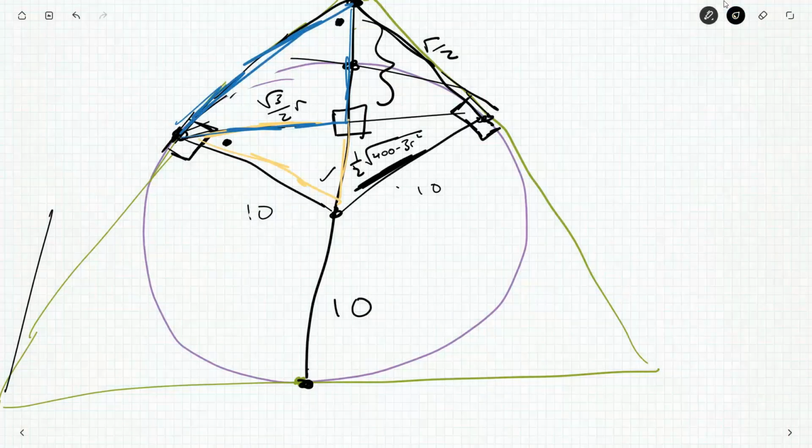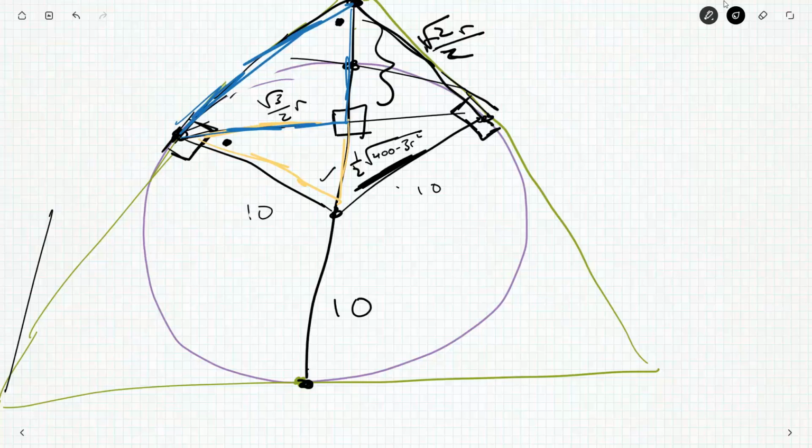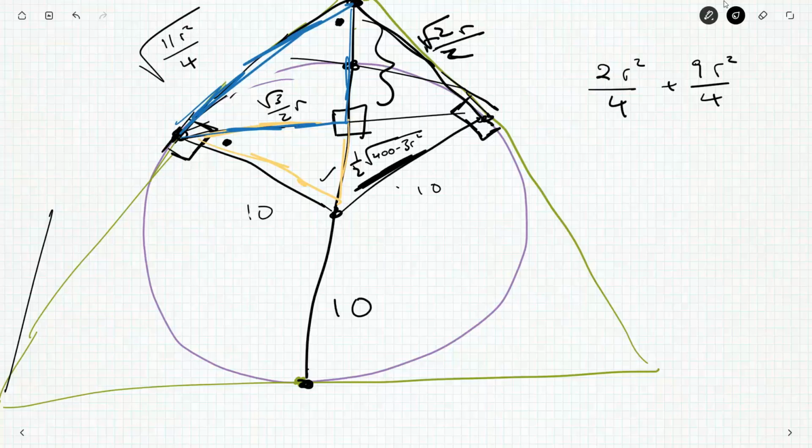And so what's the hypotenuse going to be here? Well, we get r by... Oh, no, this is root 2 r by 2. I was about to say we get a 30, 60, 90 triangle, which would be highly suspicious. We get root 2 r by 2, root 3 r by 2. So squaring that will be 2/4 r squared. And then squaring that will be 9/4 r squared. So we'll get 11/4 r squared up here. And that is to 10